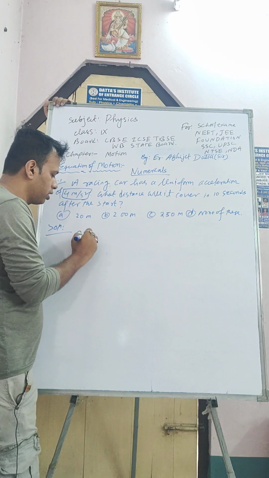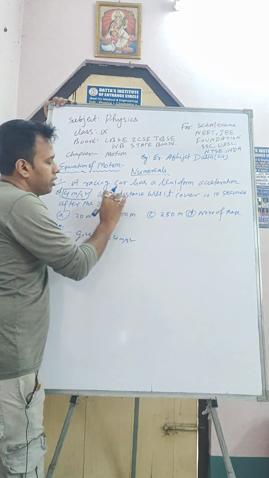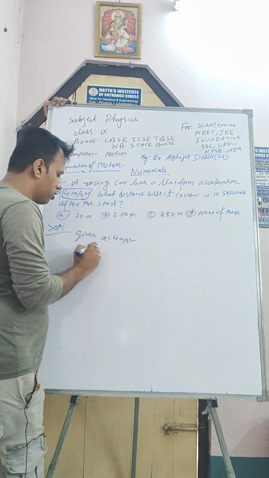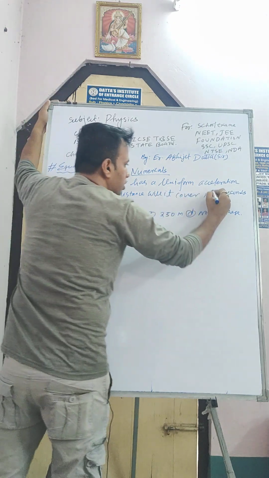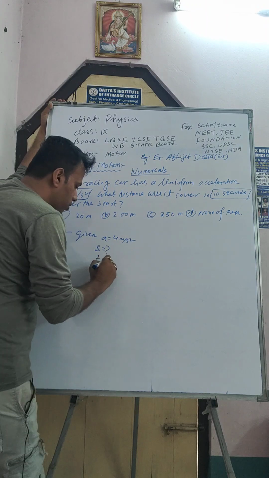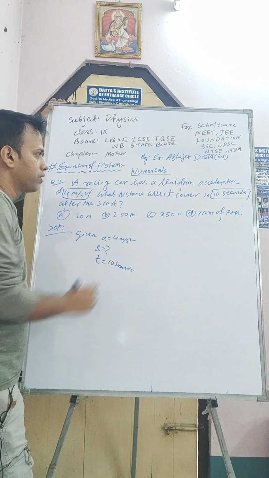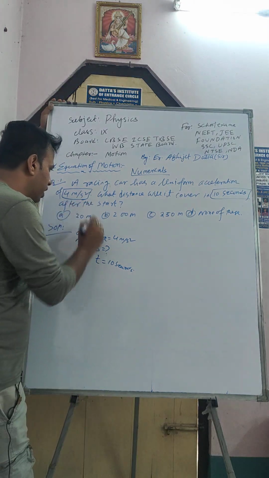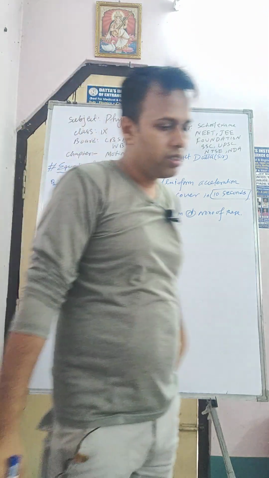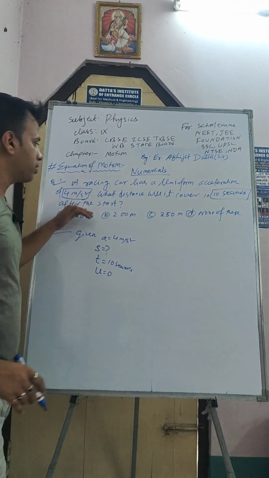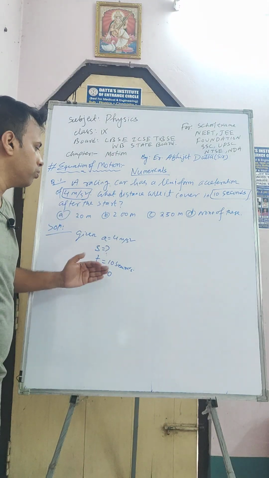So what is given here, sir? a is 4 meter per second square. Read and write: what distance will it cover? That is, we have to find out the distance in 10 seconds. This one is time, so t is 10 seconds. After the start means initial velocity is 0. You have to remember this one. After the start, initial velocity is 0, and if any car or body stops, the final velocity will be 0.